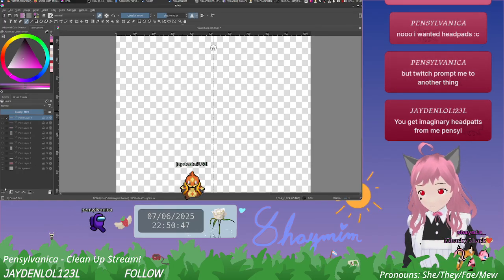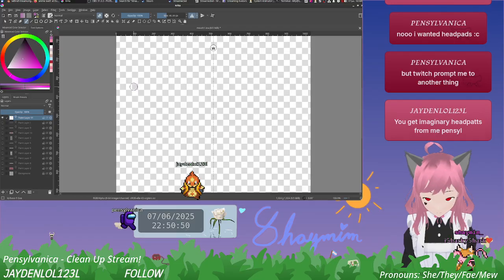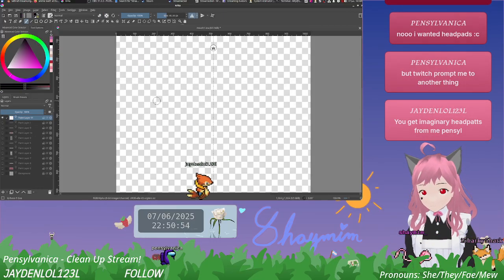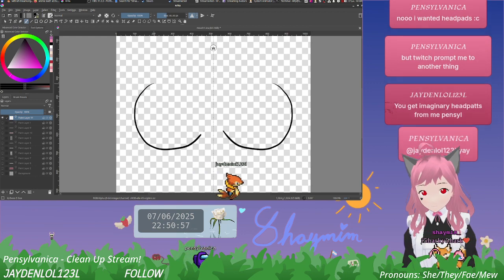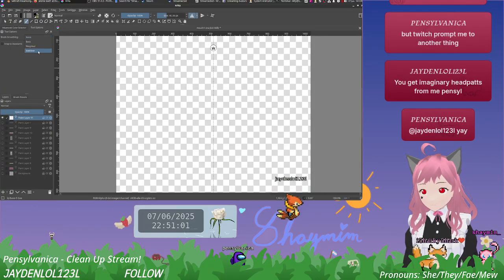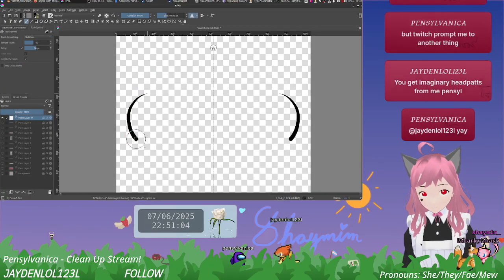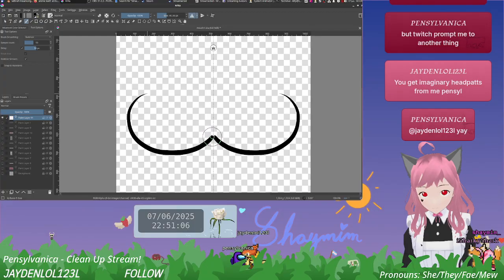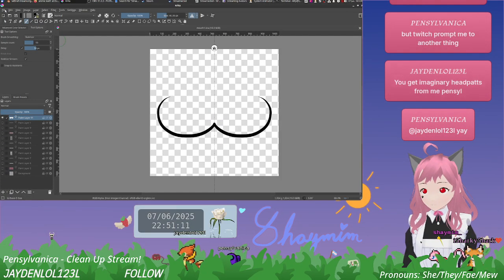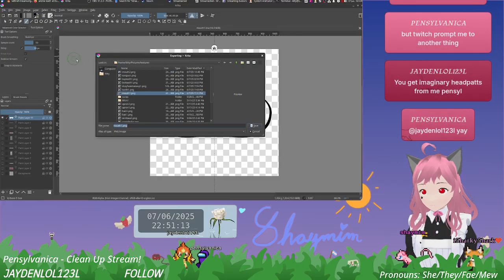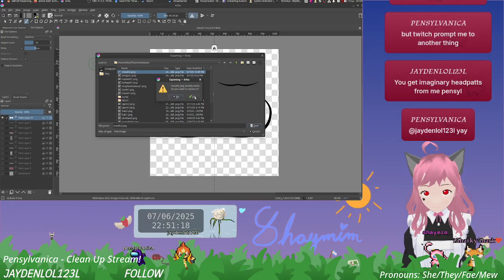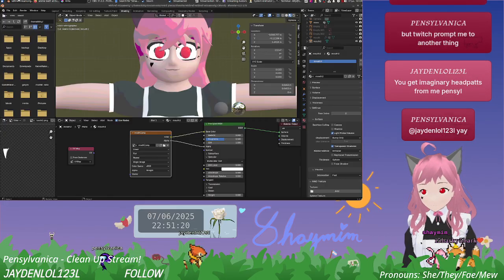Actually, what I should do is be responsible and make a new layer for this. So I think to make it look better, I should have the closed mouth be a little more like this. Maybe I use a stabilizer. And then I export as mouth2.png. Save that. Go OK.